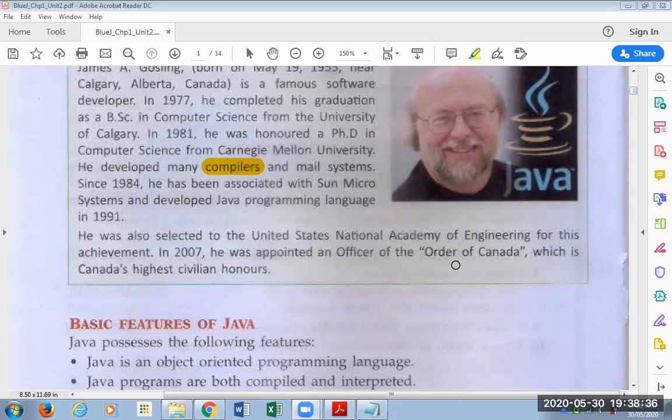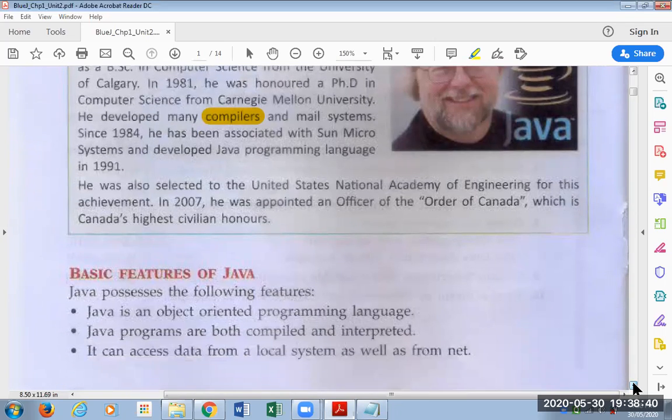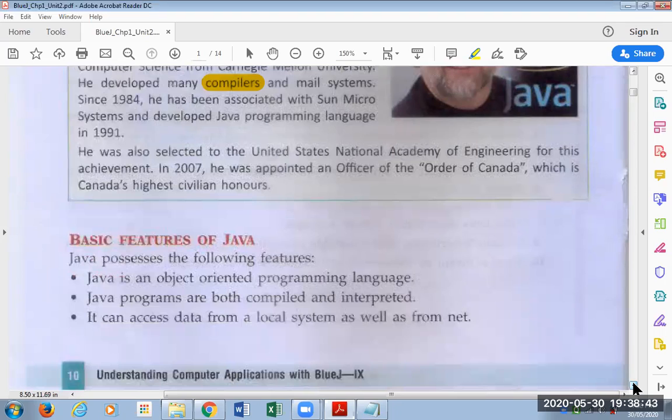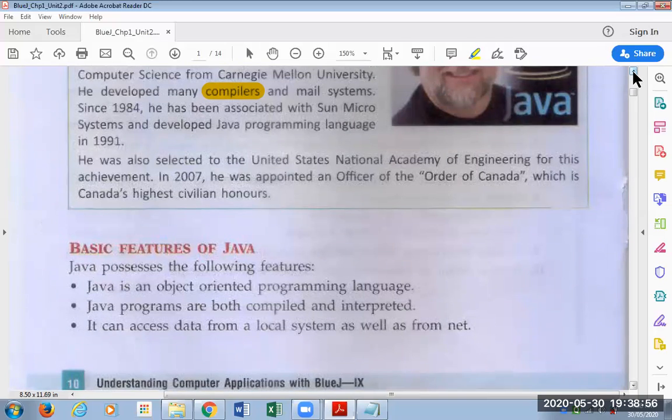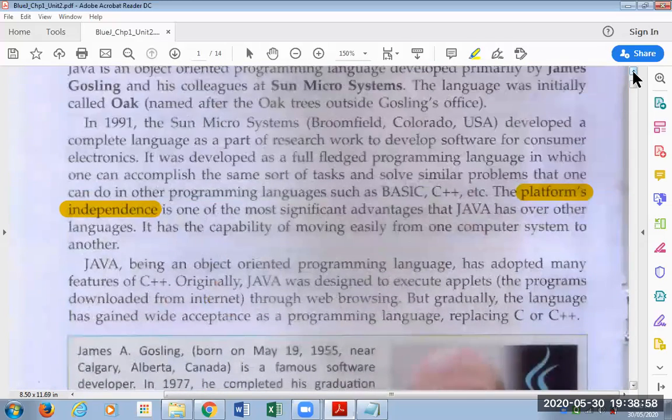Next on this page, we have the topic basic features of Java language. Friends, I would not be going through these features. I'll prefer to discuss these features later on when you have some decent knowledge of Java. You'll find these features very technical. The theory which I did today itself had some technical stuff in it.